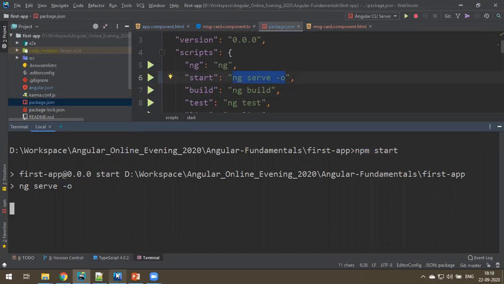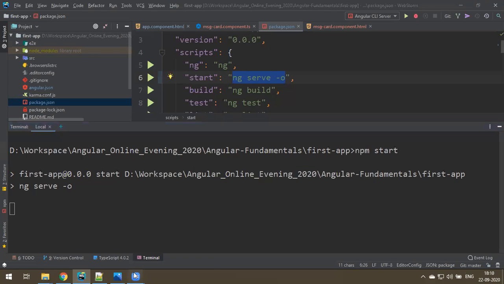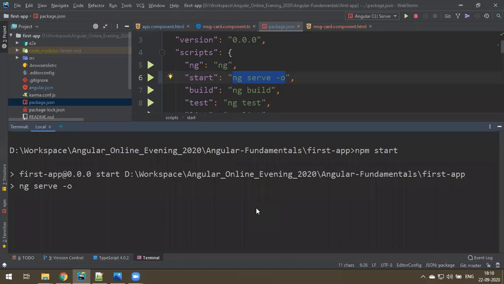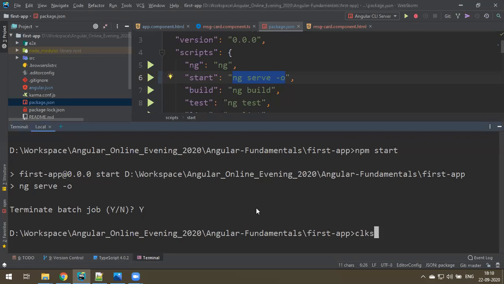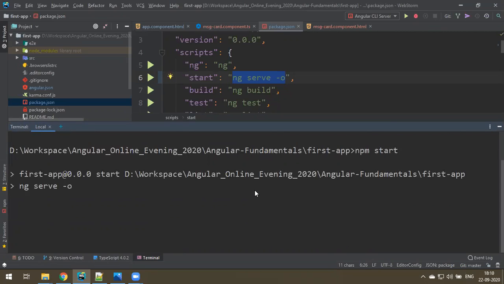This is the database, this is the dark theme. Still taking some time.